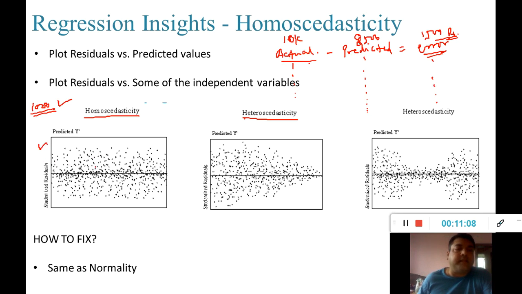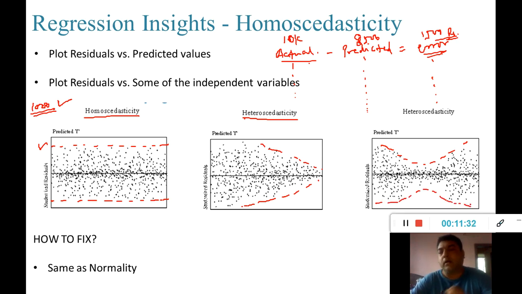So when I plot these errors, there are some plotting mechanisms or functions, then I should get this type of diagram. The meaning of this is that it is having a constant variance. This one is not having a constant variance, you can see, right? It is having some sort of a trend, it is creating a funnel shape. You may have something like this as well.